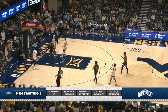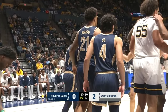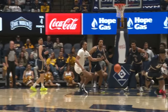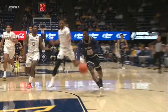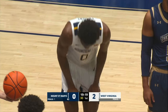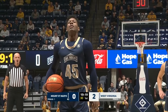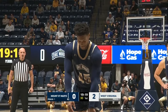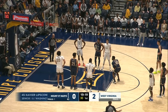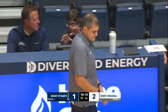Here's Lipscomb in transition. A little bit too much body there from Brennan Lorient. Yeah. Belo tried to get a good angle for that block, but too much body. Clear run out there from Lipscomb. Preseason All-MAAC third team in the Metro Atlantic. Mount St. Mary's, a team that went to the NCAA tournament a season ago by winning the Metro Atlantic tournament. And Lipscomb was a key part of that run and will be a key player for the Mount this season,